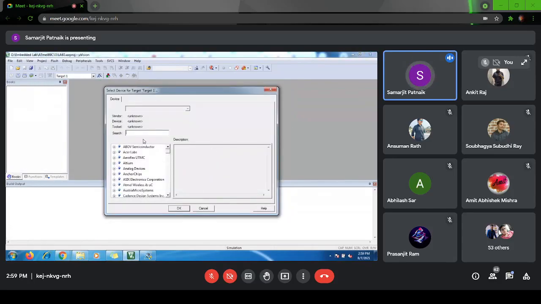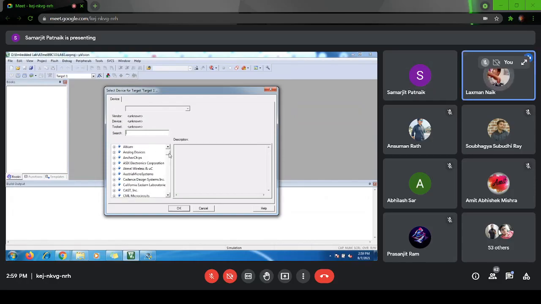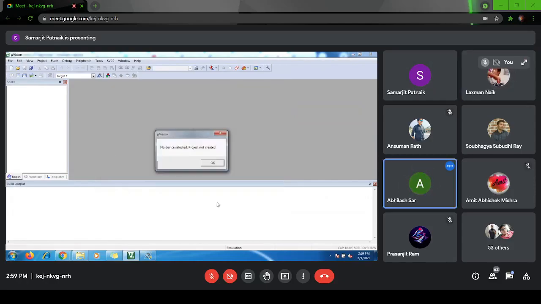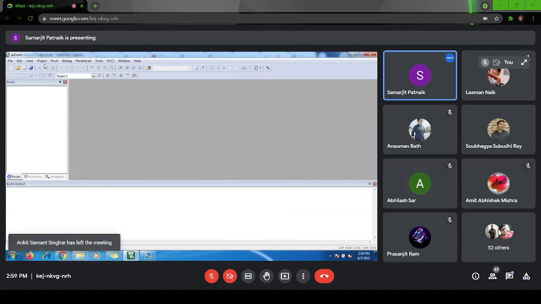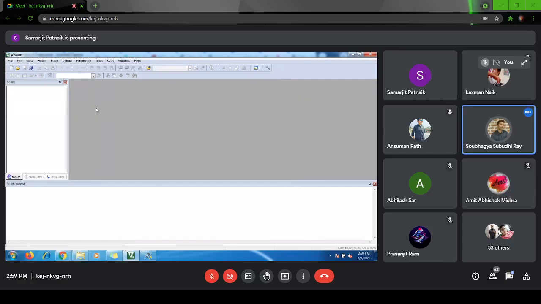Save. Once you give the name, it will show what are the different controllers. What we are using is Atmel 89. So I'm just cancelling. These steps will be after you install Keil, just to check whether you have installed it correctly or not. Though you have installed, just quickly check whether it is working or not. We want to check whether Keil and Proteus are communicating properly or not.